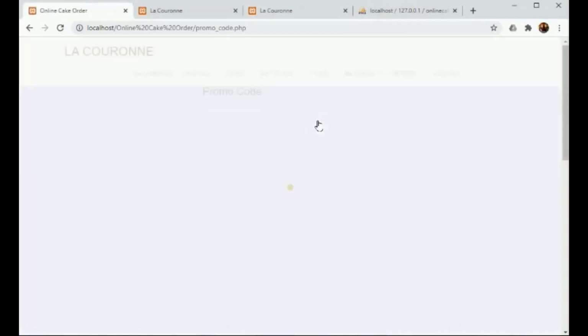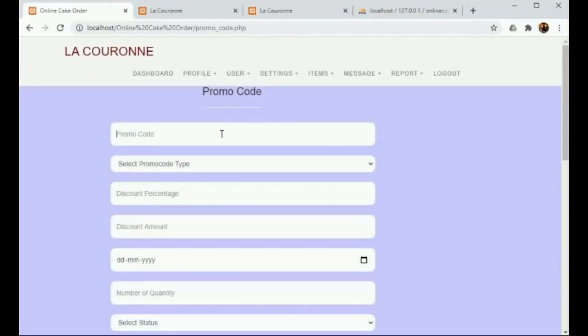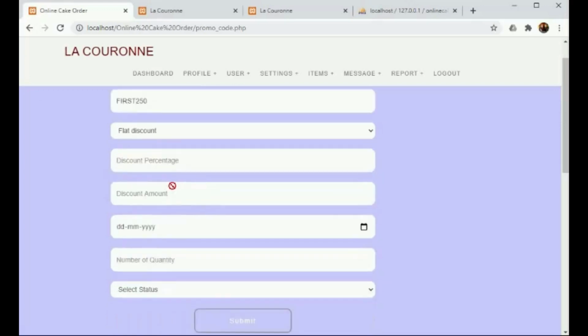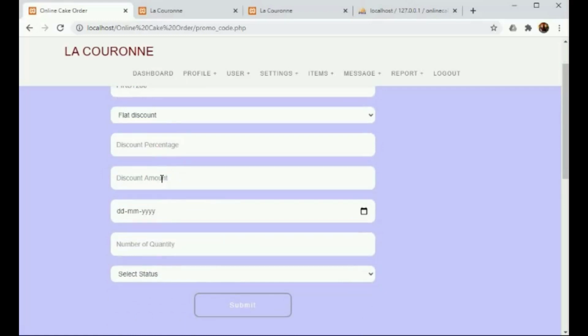Under add promo code, here the admin can add the promo codes, that is if company wants to give any discounts, the promo codes can be added by selecting the promo types, that is whether a flat discount or a percentage discount. Flat discount means here the discount amount should be mentioned and the date,